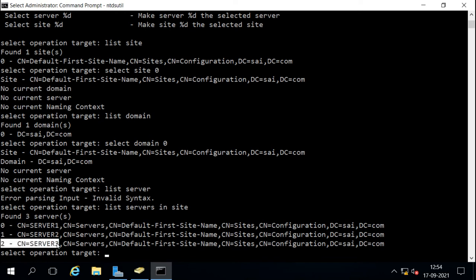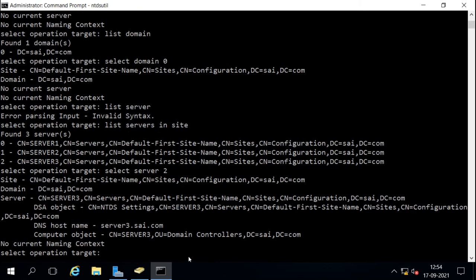Now I want to clean the metadata for server 3, which is number 2, so I will select server number 2. Number 2 means this server 3. So what we have selected here is the site, and in the site a domain, and in the domain this server, server 3, which we want to remove.